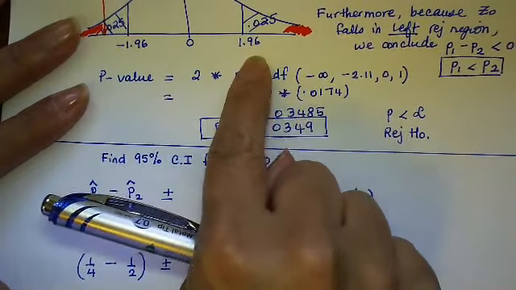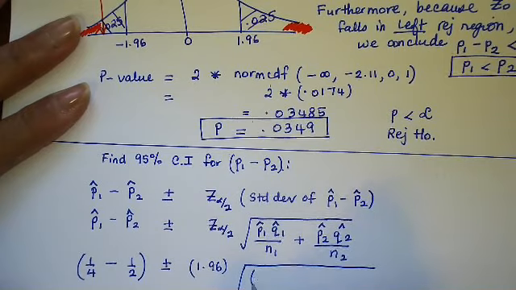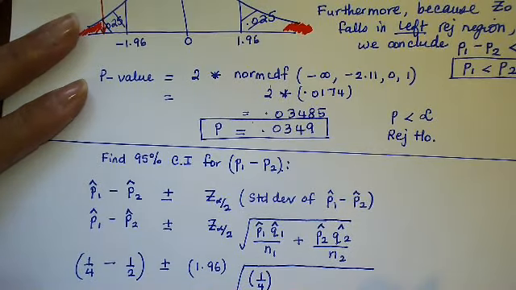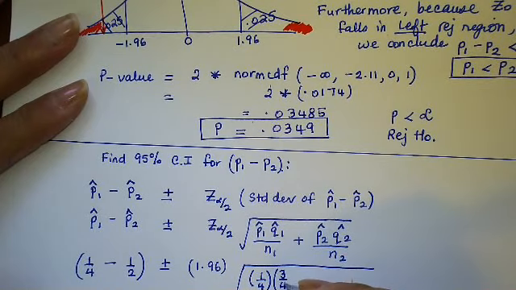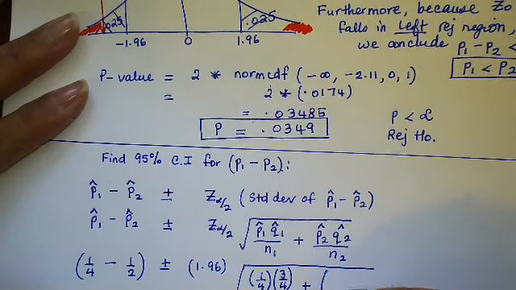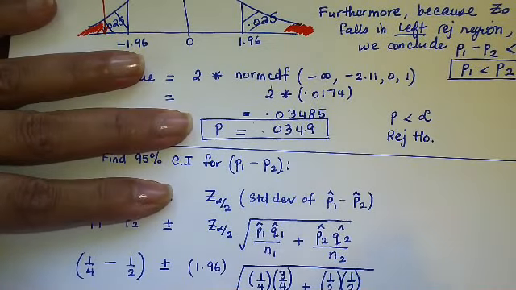So from my case here, this answer would be P1 hat 1/4 minus P2 hat 1/2 plus or minus Z alpha over 2, which is 1.96. It's this number right here. The square root of P1 hat 1/4, Q1 hat 3/4 over N1, which is 20, plus P2 hat 1/2, Q2 hat also 1/2 over